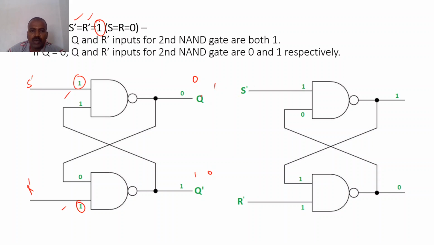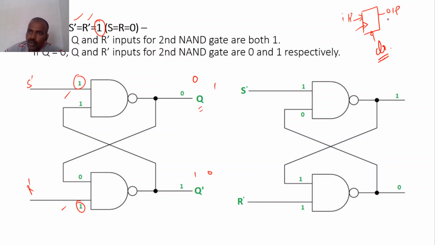Why am I storing the values here? Because this is a memory device. As I already told you, here we are going to use some clear signal. This is the clear signal, this is the input, this is the clock pulse, and this is the output. With the help of this clear signal, first of all we need to erase everything that is stored in this device.